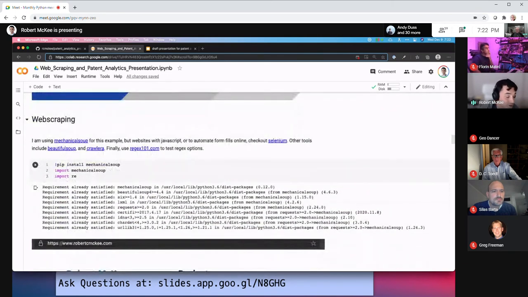And I'm not going to go in too much depth with this. I'm giving you enough to get your interest into it, so then you can go back later and go through this stuff. But the code I have right here is using Mechanical Soup, which is kind of an offshoot of using